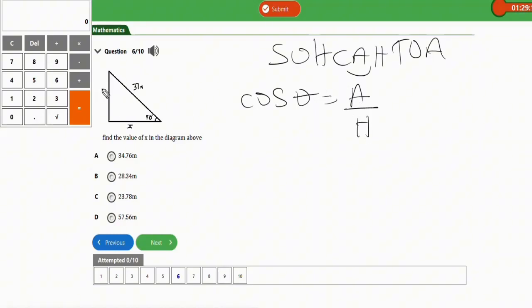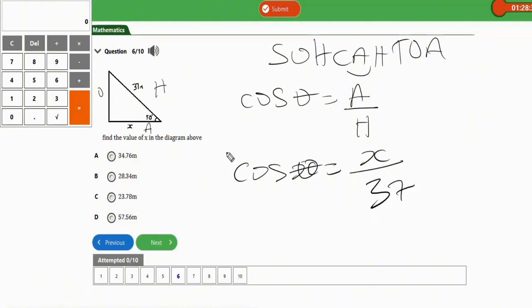In this right angle triangle, this is our opposite, this is our hypotenuse, and this is our adjacent. So to get the value of x, cos theta equals adjacent, which is x since x is what we are looking for, over the hypotenuse, which is